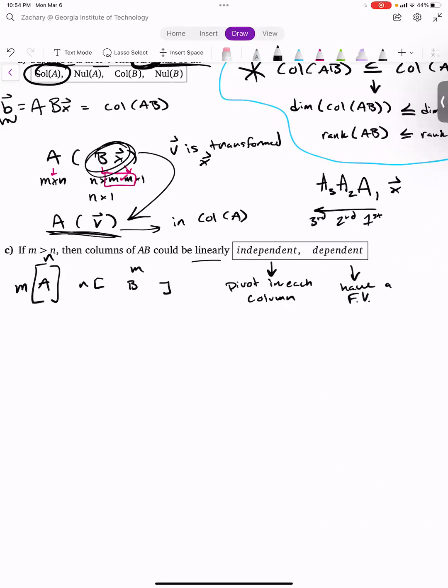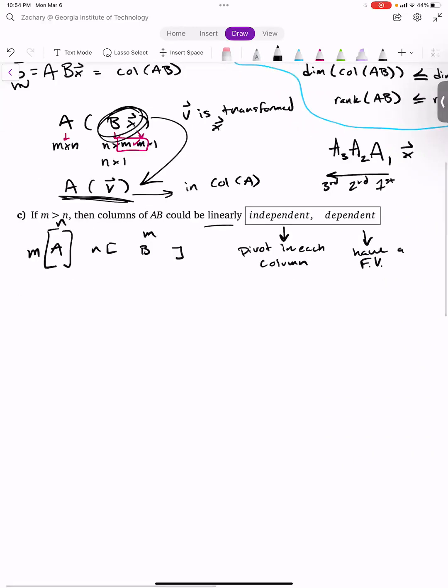Looking at this, the way we can work our way through is to think of the most limiting factor. Like we talked about in the last part, A is the last thing we do here because it's A times B times X, and we work outward. So A is our most limiting factor here. And if we look at A being tall, M by N,